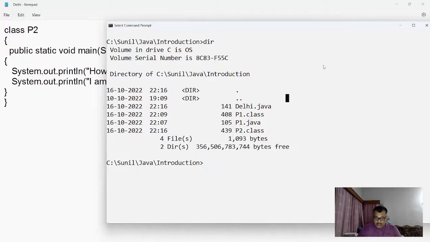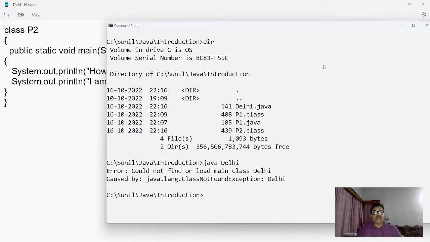Now I want to execute it with the help of the Java interpreter, java, that we have discussed right now. So I have written Delhi. 100% the system will search for Delhi.class, which is not present, and we are going to get an error. What is this? Error: could not find or load main class Delhi.